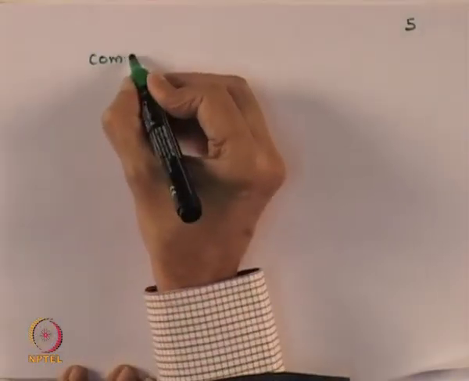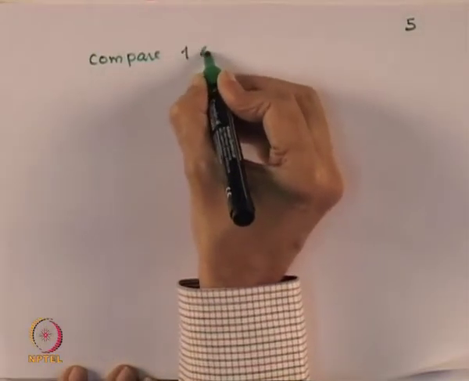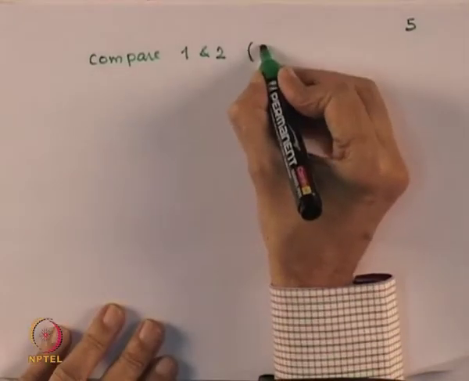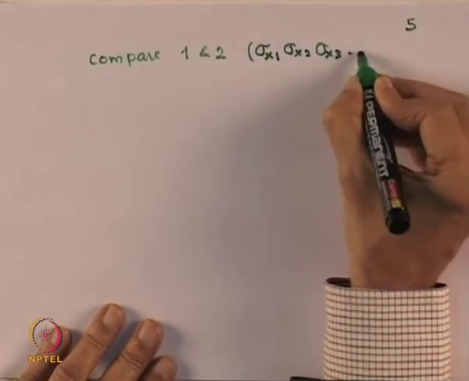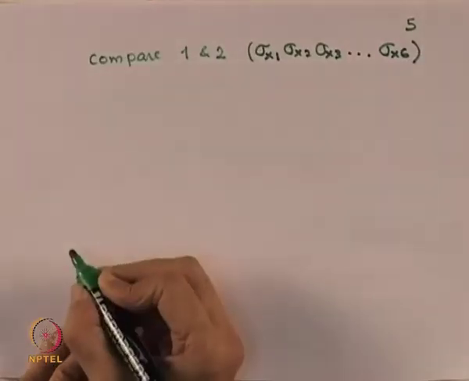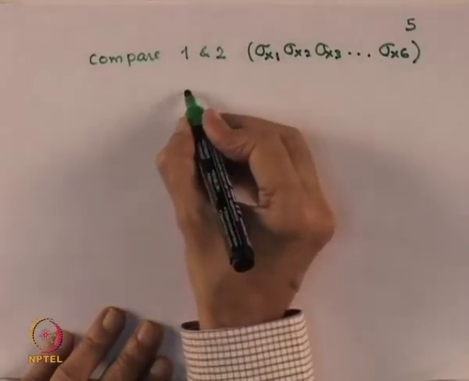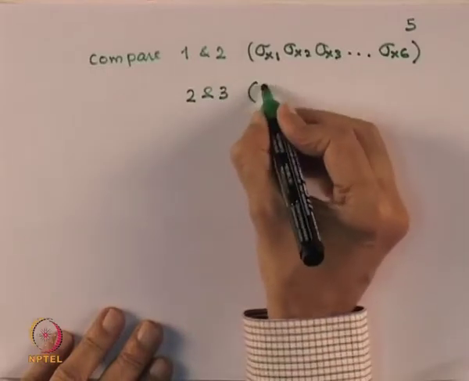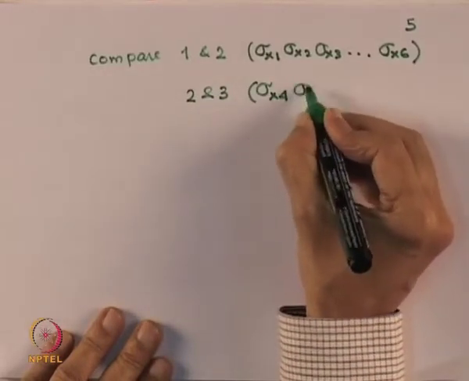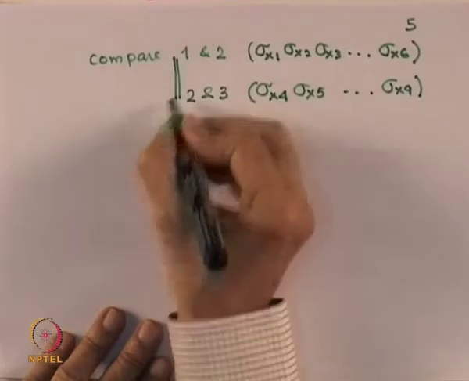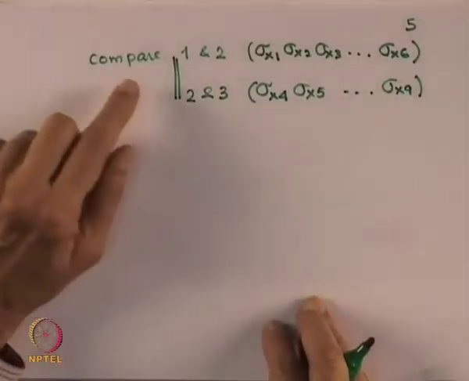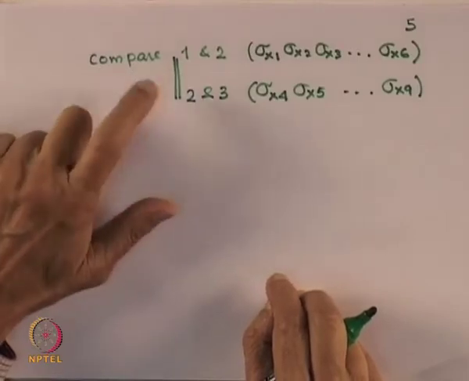And suppose I am talking about now a phase flip error, then what I do is to compare 1 and 2. And this I do by sigma x1, sigma x2, sigma x3, right up to sigma x6. And also do 2 and 3, which can be done by doing sigma x4, sigma x5 up to sigma x9. Now I am not going to work out as I did for the previous case, but I leave it to you to work out that this will enable you to find out